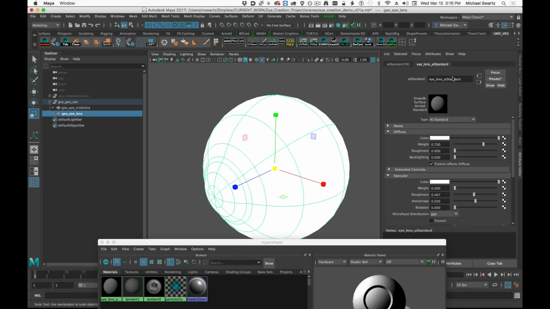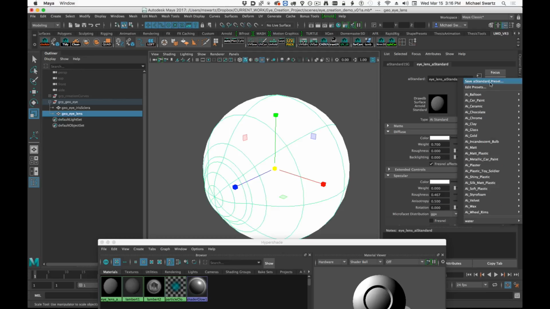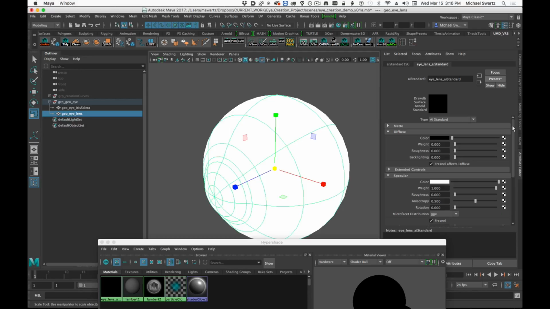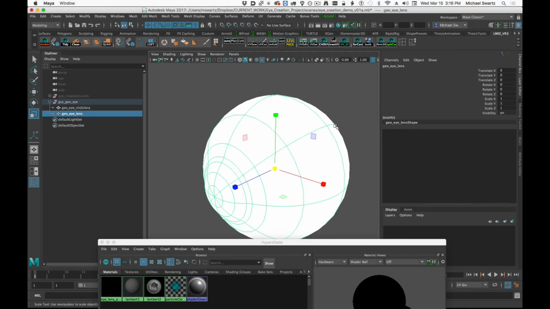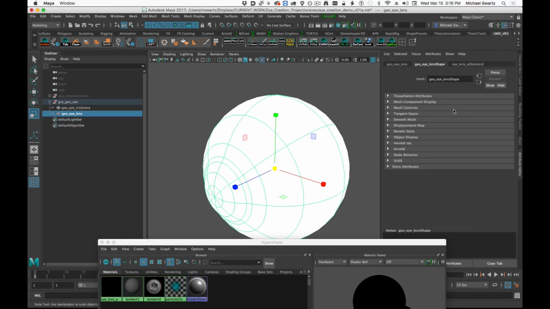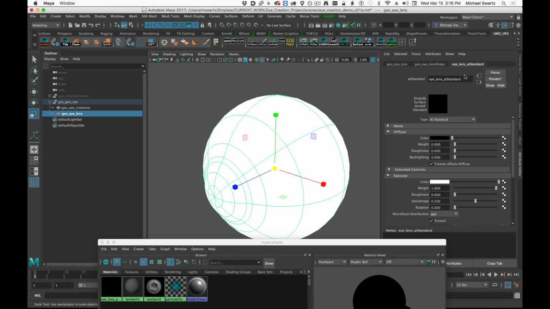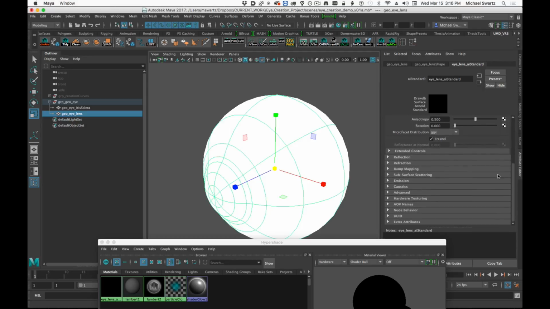Lens AI standard. We could probably use a glass preset to start, and then what we want to do though is make sure that in the actual geometry shape node under the Arnold tab, this opaque is unchecked. And then back in the Arnold shader itself, let's scroll down and make sure that